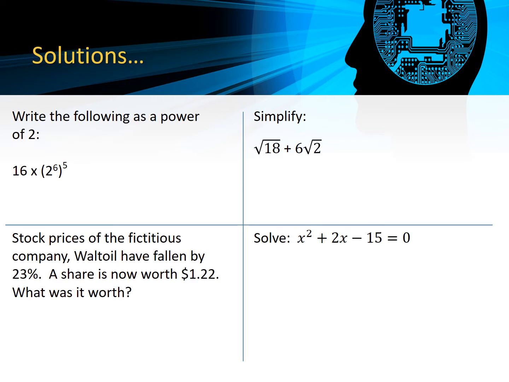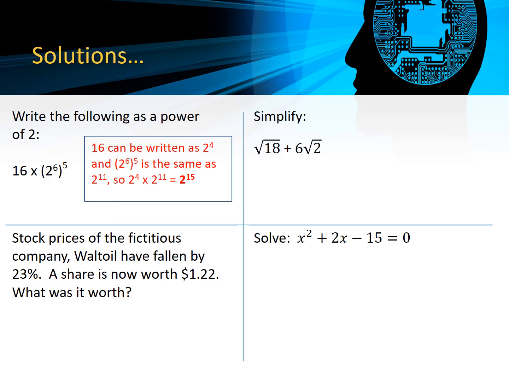Okay, so we're going to go through solutions then. So to the first one, what we said was that this 16 was going to be important. That's because 16 can be written as 2 to the power of 4. So 2 times 2 times 2 times 2 is 16. And these two powers here we can combine together. You'll remember that if you've got a power raised to another power, it's the same as multiplying them together. So 16 is the same as 2 to the 4. 2 to the power of 6 all to the power of 5 is 2 to the power of 11, and when you're multiplying and the bases are the same, you add your powers,